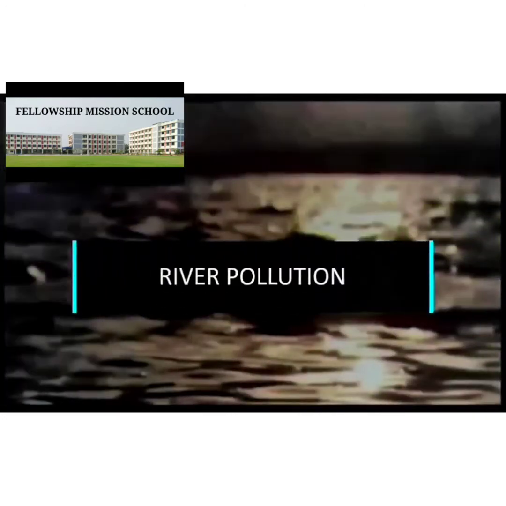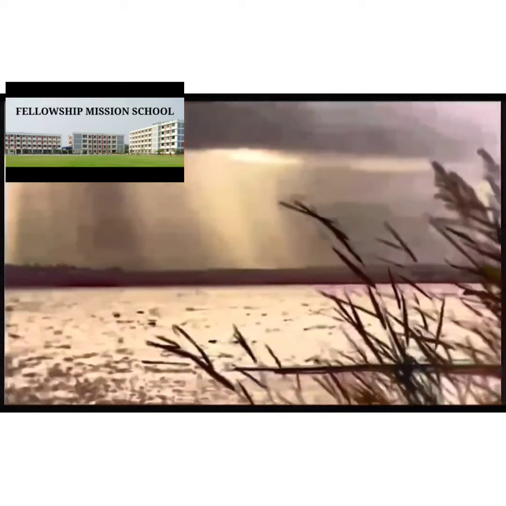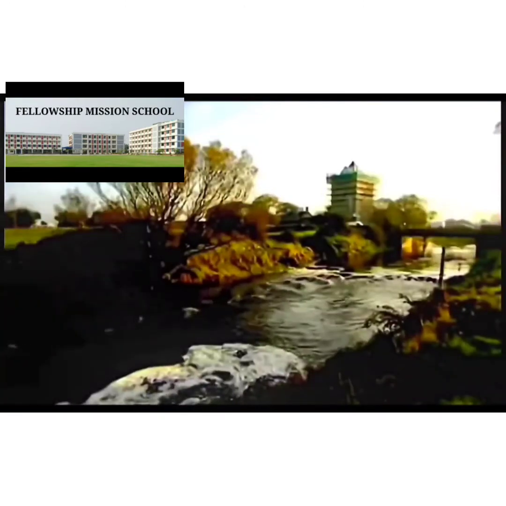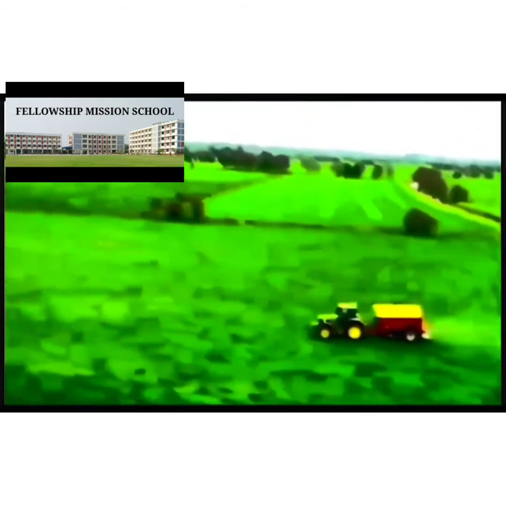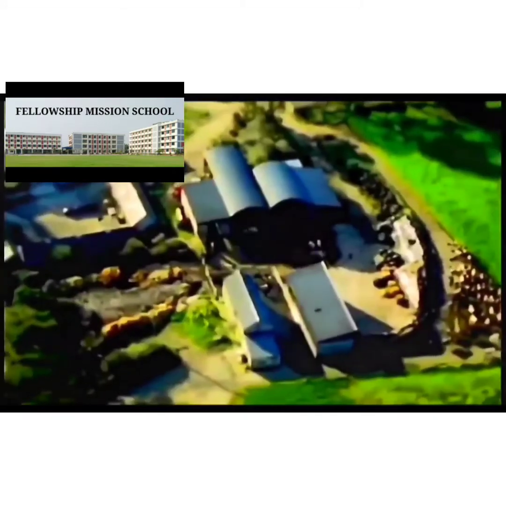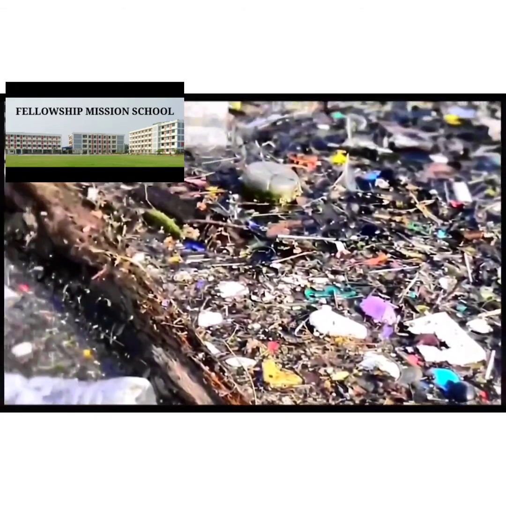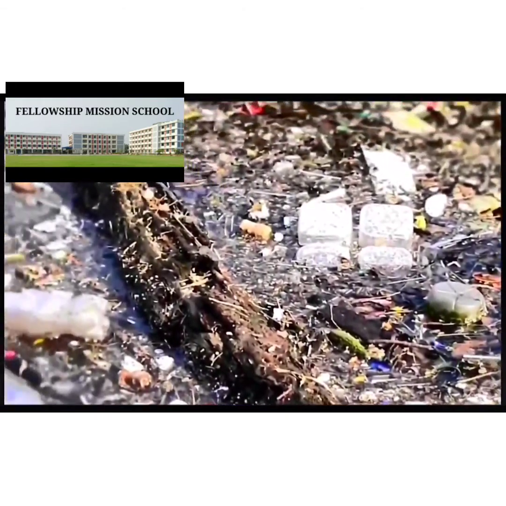River pollution. Rapid urbanization and industrialization led to the discharge of solid, chemical and other pollutants into the water. Pollution is created due to untreated sewage and industrial waste. Excessive use of pesticides and chemical fertilizers pollutes the rivers. Such adverse practices have destroyed the natural ecosystem of rivers and affect aquatic life.